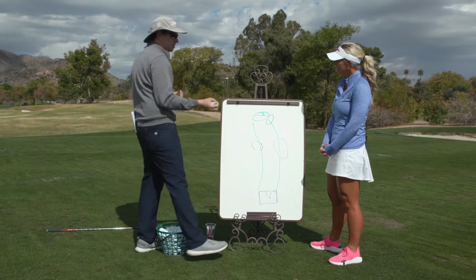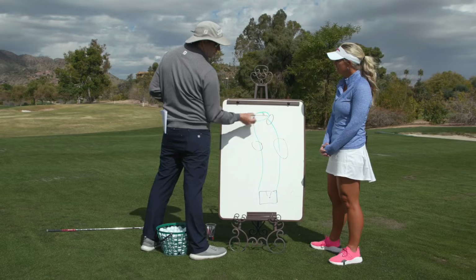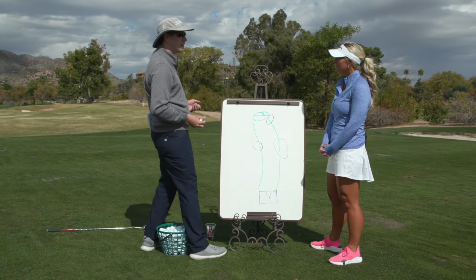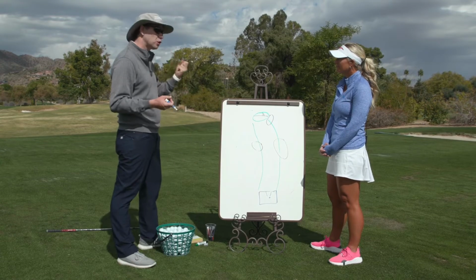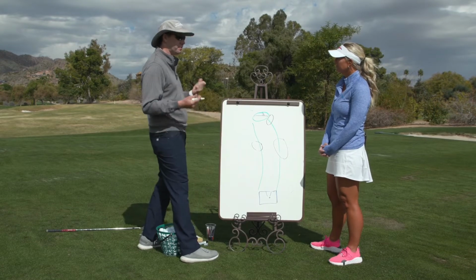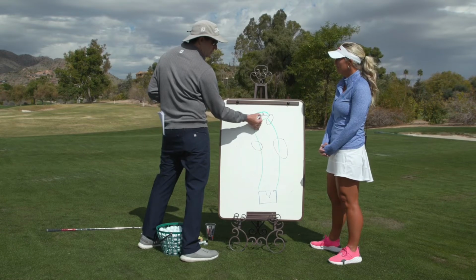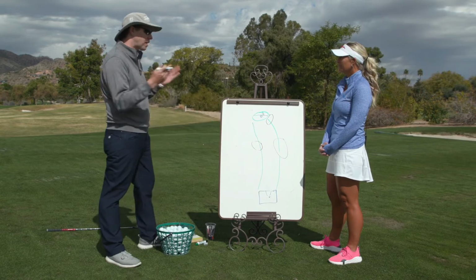Now let's just say this is a 100-yard shot that you're going to hit into this green, but the pin is only 4 paces off the back of the green. You hit that 100-yard shot just a little bit strong, you only have 4 paces behind this pin for breathing room. So getting the distance to the center of the green and also the direction is the best